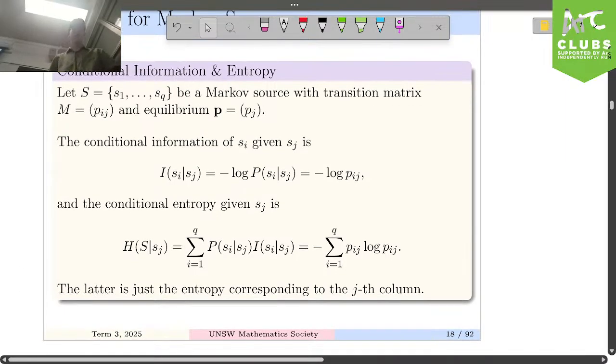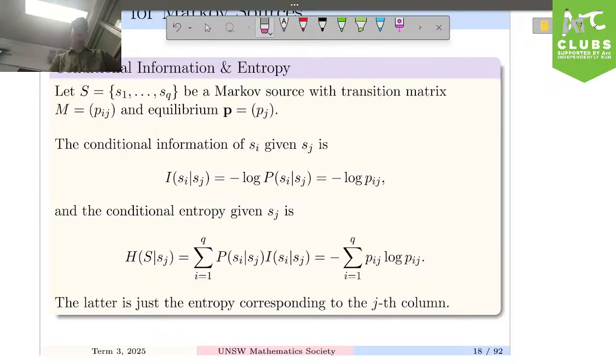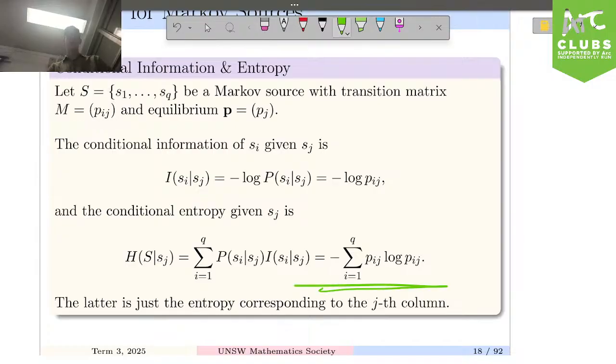So how do we define entropy here? We can define the conditional entropy based off getting source symbol i, given that we previously received source symbol j. And likewise, the conditional entropy is the expected value of the information of receiving si, given previously we received sj. The only real difference is that we use these conditional probabilities, which makes sense because we're using that transition in our Markov chain. So it turns out to look mathematically like this, very similar to what we saw before for the entropy.